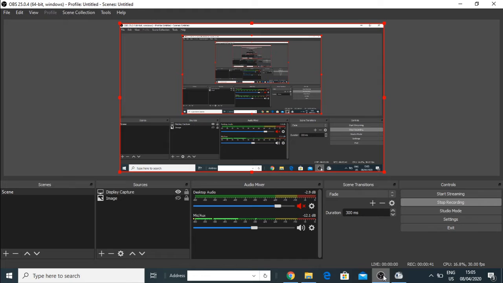OBS Studio is one of the best recording softwares. It's a free and open source software in which you can record your screen, window, browser, games and everything. But it has one limitation. You can't record an exclusive audio in OBS Studio. You can only record your voice as part of a video and it will be saved as a video format